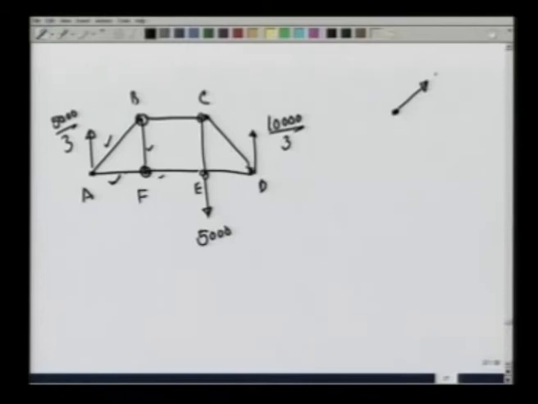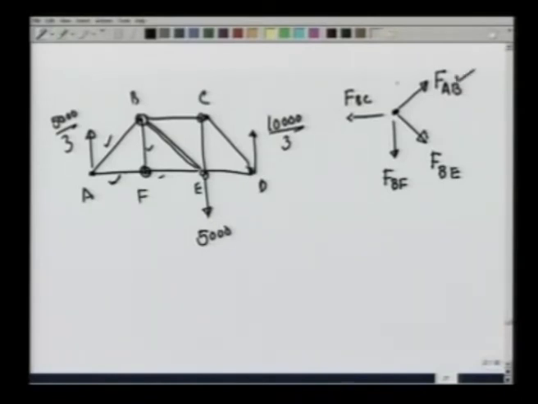compressive. So, it pushes the pin in this way. There is a rod like this, and there is a force BF, let us call it FBF. There is a force FBE, and there is a force FBC. Sorry, I said earlier that at point B I can solve, but no, I have 1 known and 3 unknowns. Equations are only 2, so for point B I cannot solve, but certainly point F I can solve, because point